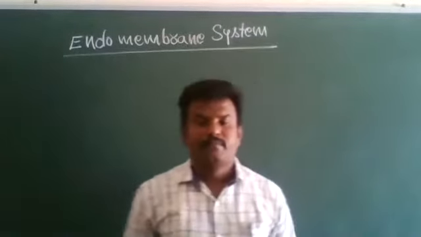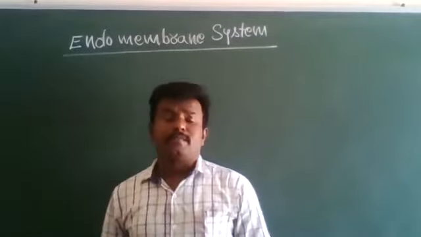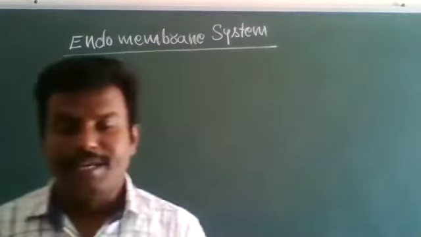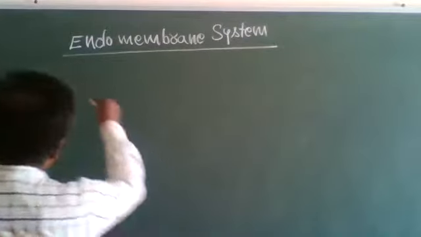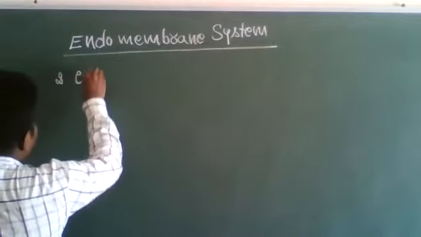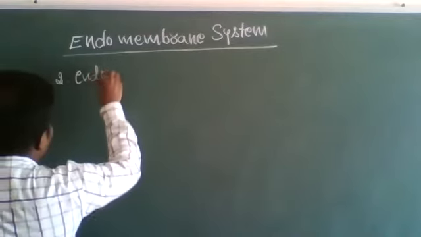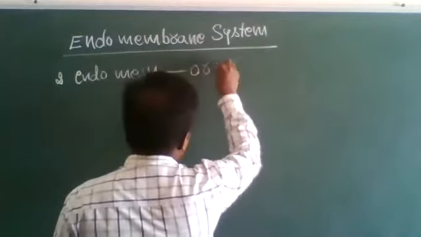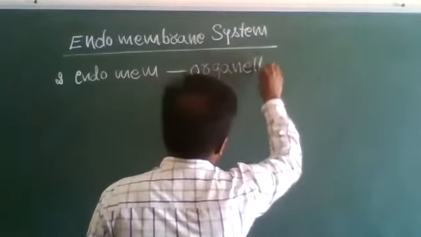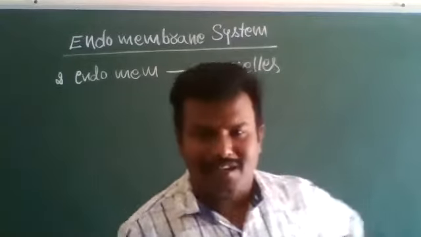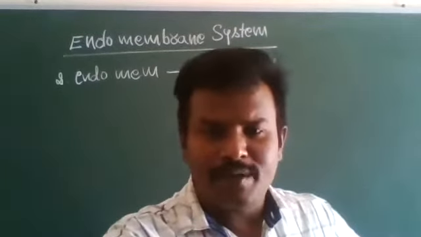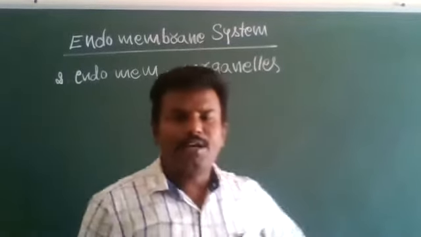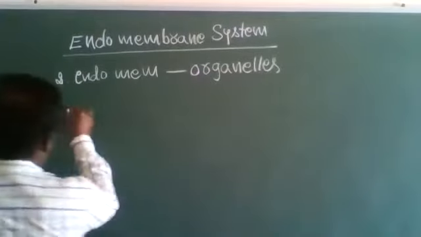Endomembrane system. The endomembrane system consists of two endomembrane organelles. Those two endomembrane organelles are, one is